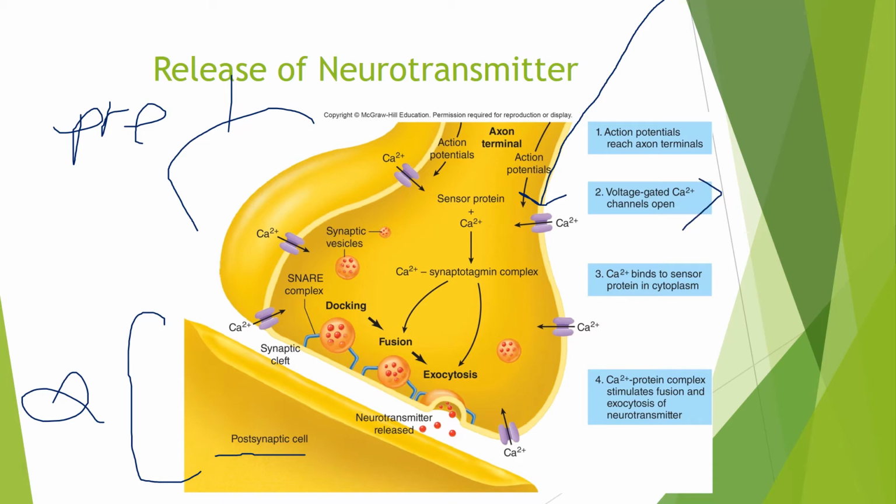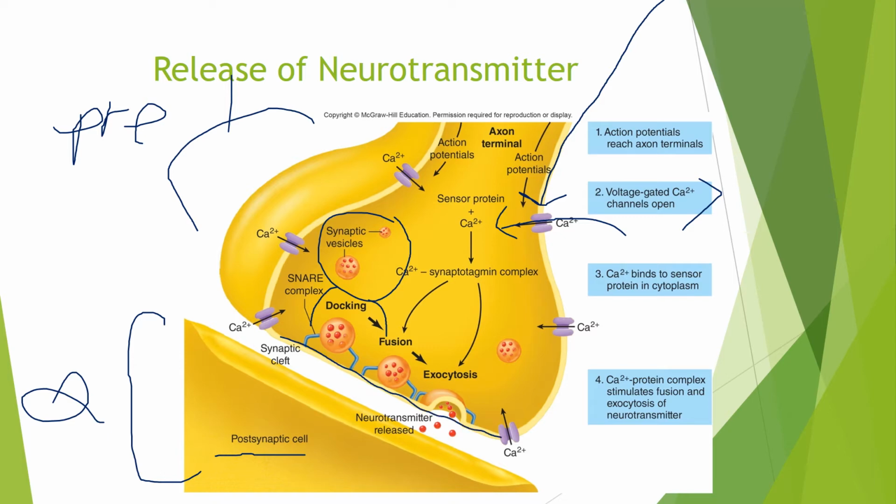Calcium, again, by net diffusion, is going to move from outside of the cell into the cell. Calcium then is going to bind to certain proteins and also increase the volume of that synaptic bouton, where these synaptic vesicles are going to start to migrate toward